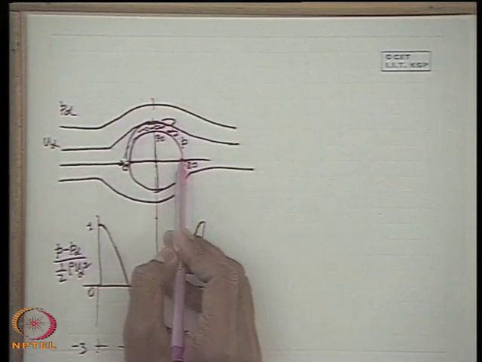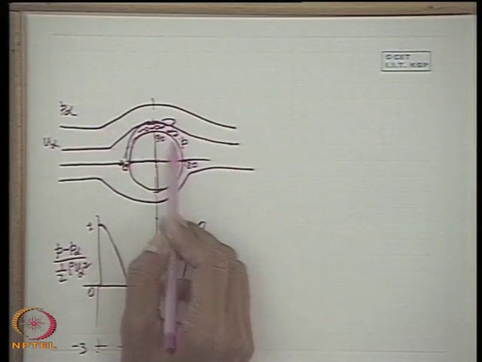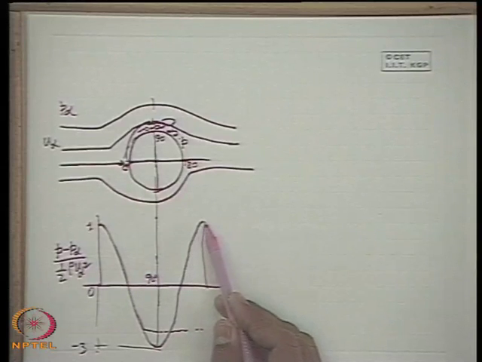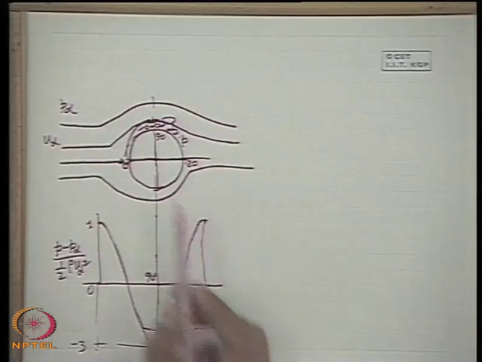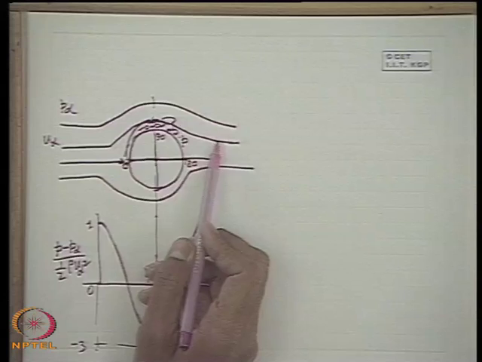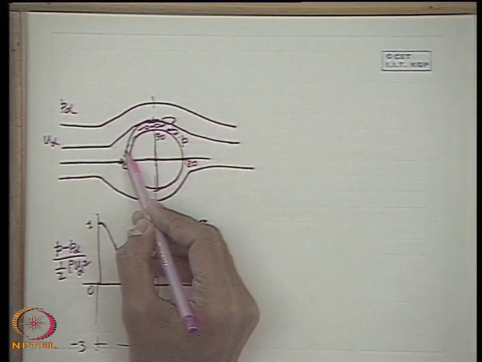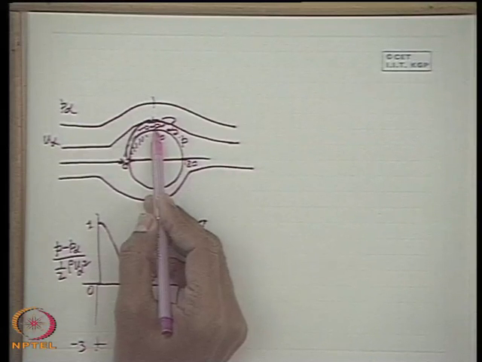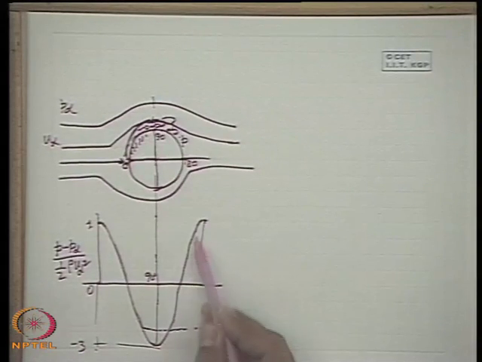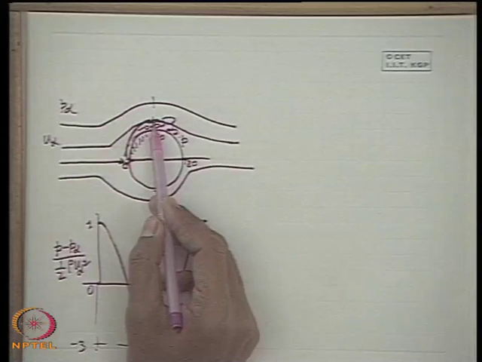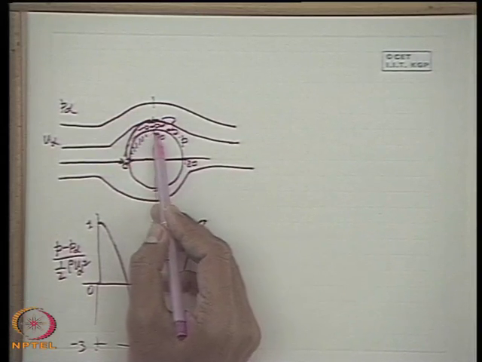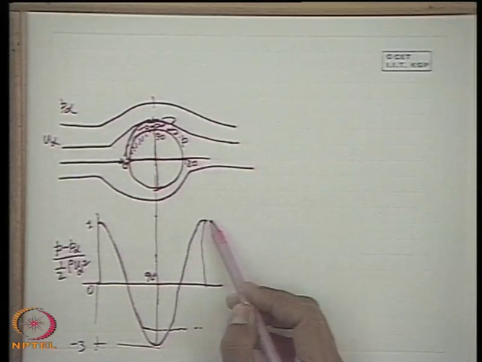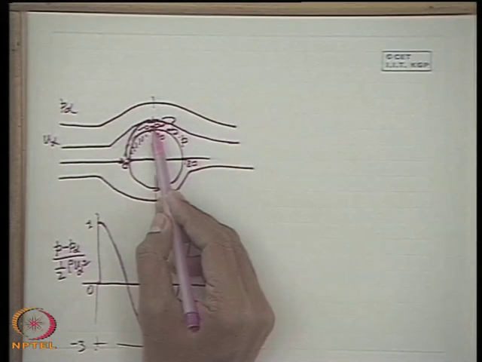On this part of the cylinder, the flow is decelerated, that means the flow takes place against an adverse pressure gradient, the pressure is again going to be high, and ultimately the entire pressure recovery takes place in the case of an ideal fluid flow. But in the case of a real fluid, the boundary layer forms near the surface. So what happens in this region after 90 degree, when the fluid faces an adverse pressure gradient, the boundary layer separation takes place. It takes place at some point around 90 degree, even some before 90 degree, because of the steep pressure gradient, the flow reversal may take place even before 90 degree.